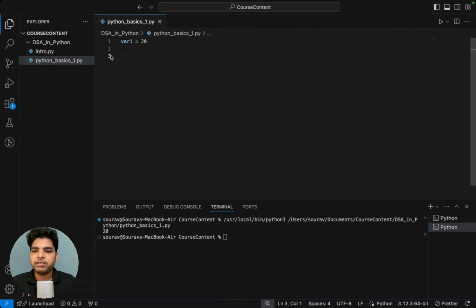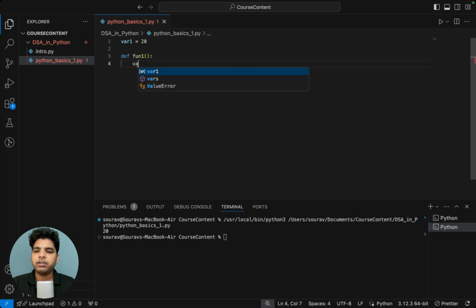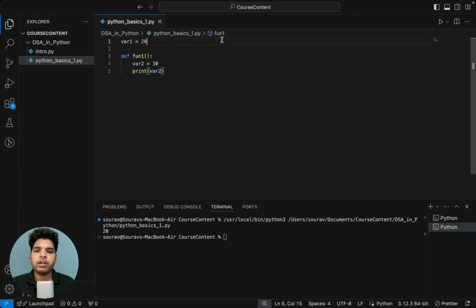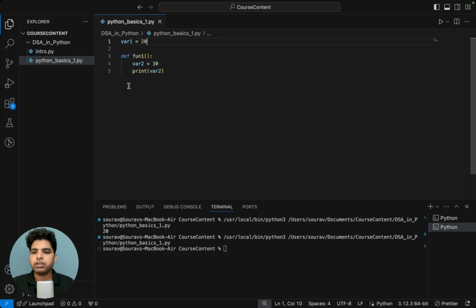Let's define another function, def fun1, and now let's create a variable, var2 equals to 30, right? Now if I print here var2 and try to execute this code, we have to invoke this function,